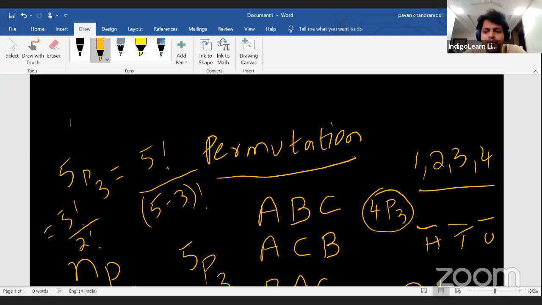Now tell me, if you want to put a number in the units place, how many ways can you do it? You can use the number 1, you can use the number 2, you can use the number 3, and even you can use the number 4. So you can use any of the 4 numbers that you have. Please remember, this 4 is not a number. This is the number of options that you have at your disposal, right? So the units place can be filled by any of the 4 numbers that you have. Let us assume we have used 1 number, guys.